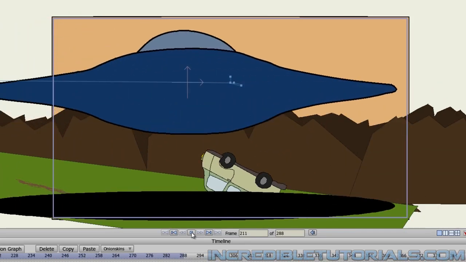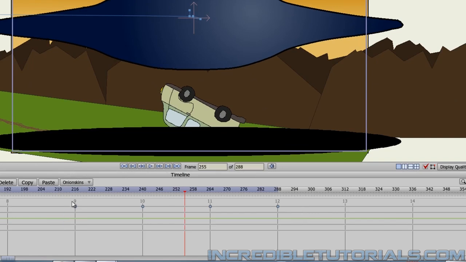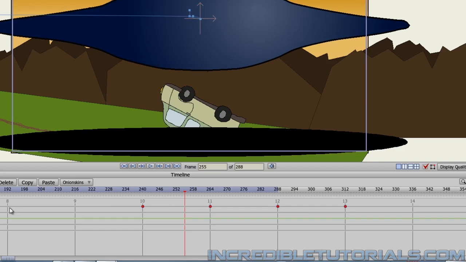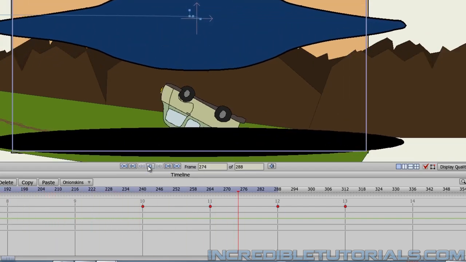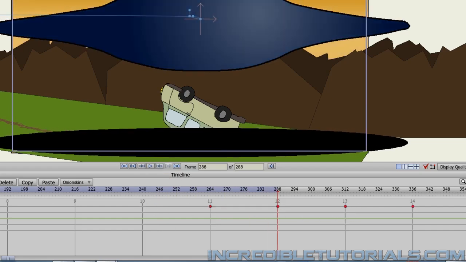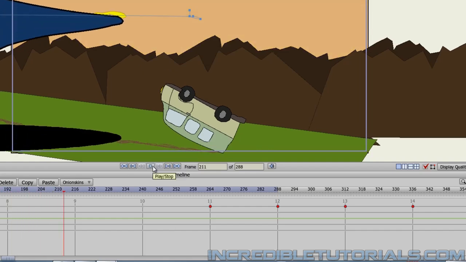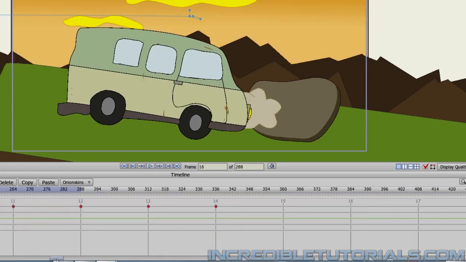We have the zoom out, and then we have the UFO come into play. I still think the UFO comes in a little bit too fast when I watch that. So maybe I'll extend this out even further, his move-in time. I'll just move all these keyframes over. There we go. It's a little bit more. Even maybe a little bit more. There we go. I kind of like it going slower, because it gives an uh-oh feeling to